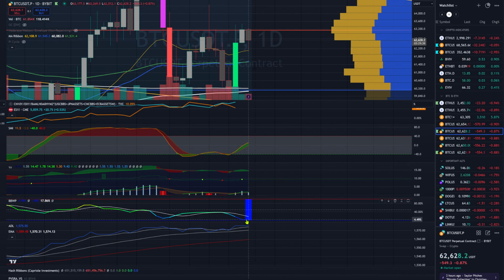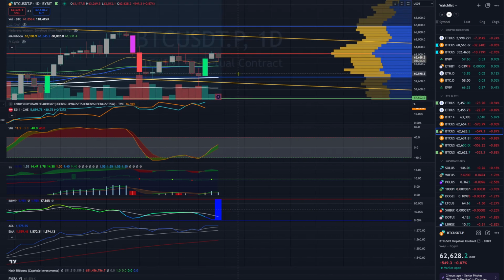But we haven't actually started expanding BBWP yet either. So this is why I think this is a really strong level. If we don't drop back into the 61.5 and we actually break above probably even yesterday's high, say 63,500, if we do that, then I'd expect we're going to hit new all-time highs reasonably quickly, I think,